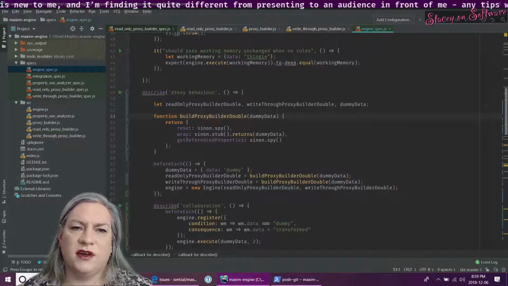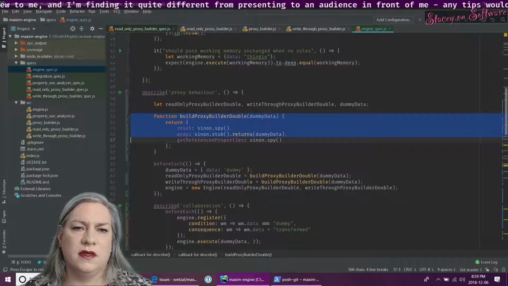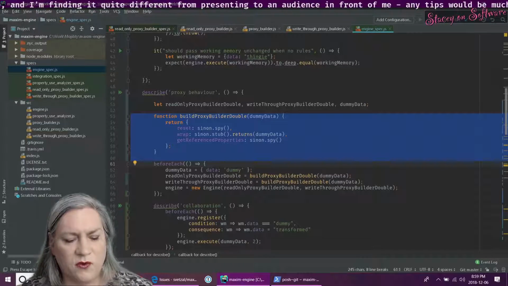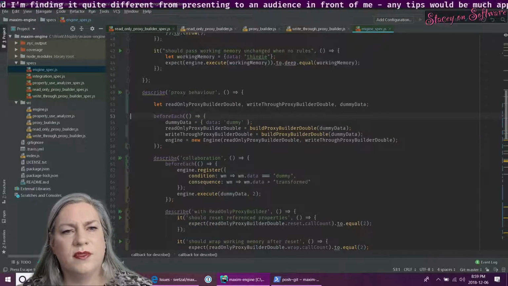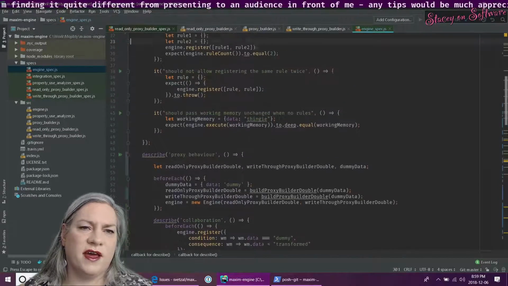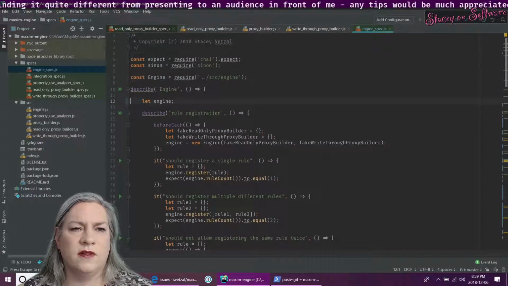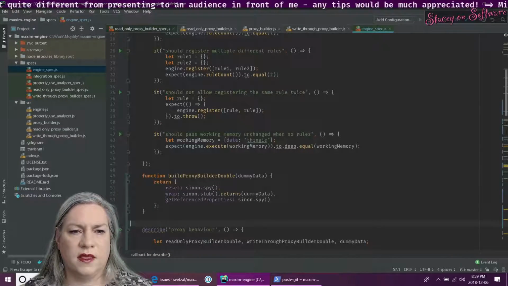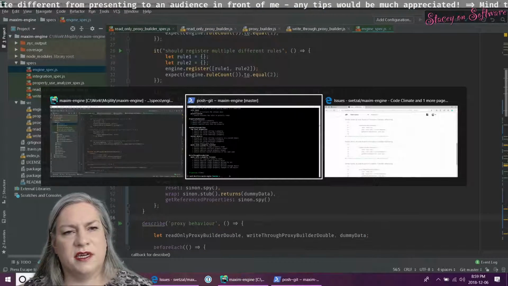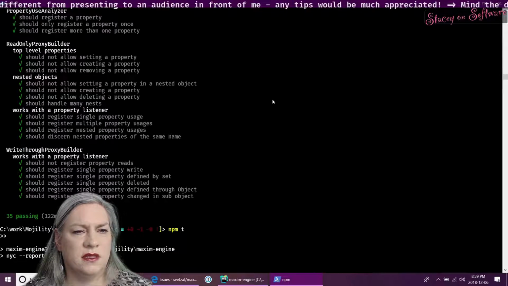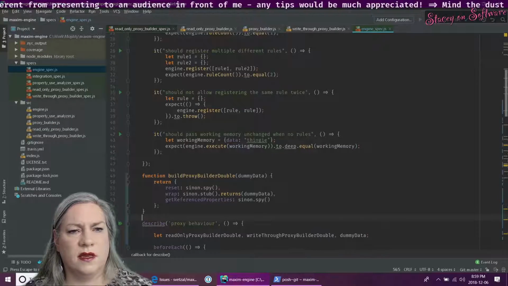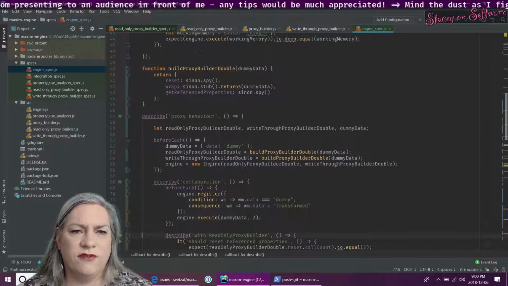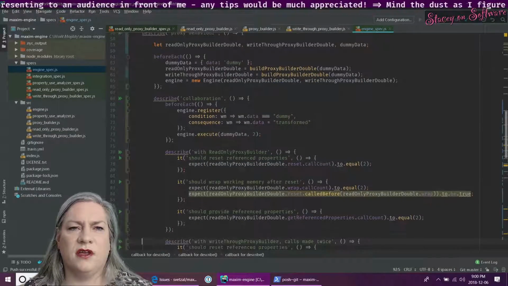I've pulled this out, and that's no longer doing anything weird. So if I stuffed that up at a higher scope, I should be running my tests more often. Okay, I'm still good. I've reduced the duplication in here a little bit.